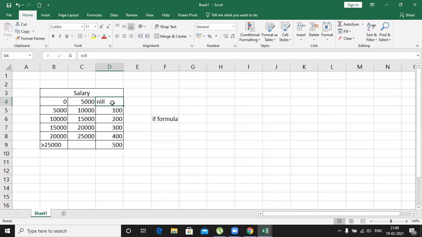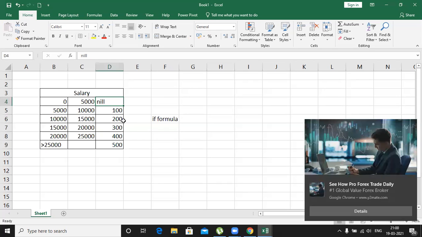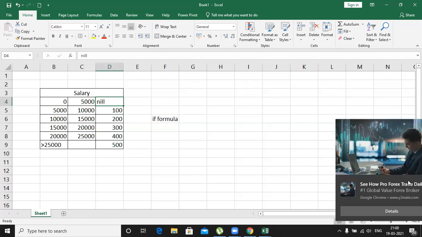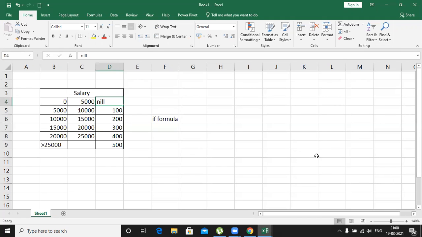Only for one task can I use VLOOKUP. VLOOKUP is used for what? It's very simple: to identify a value vertically within the table, or horizontally within the table. We will be using VLOOKUP and HLOOKUP for that. But this is not a condition to identify a value within the table. I have to get the value based on the conditions. So in such criteria, we are supposed to use the IF condition.